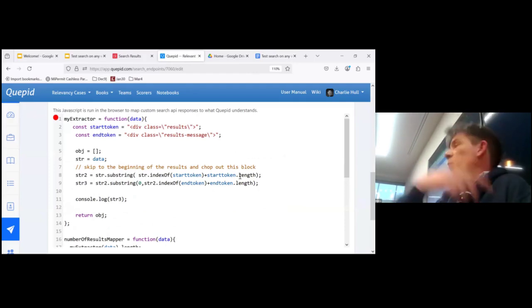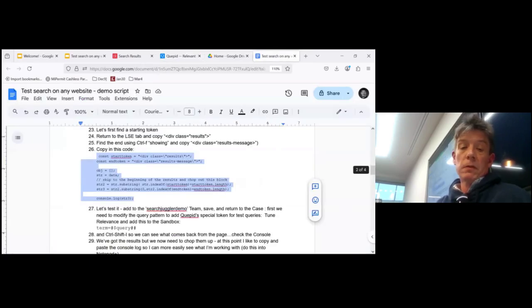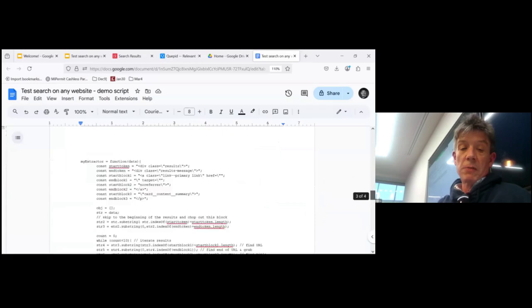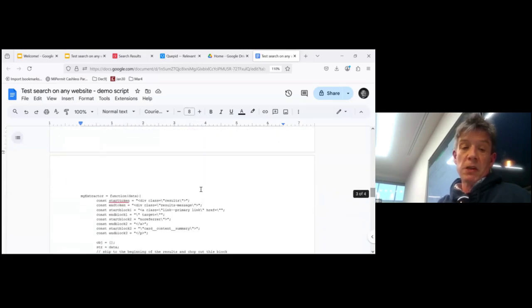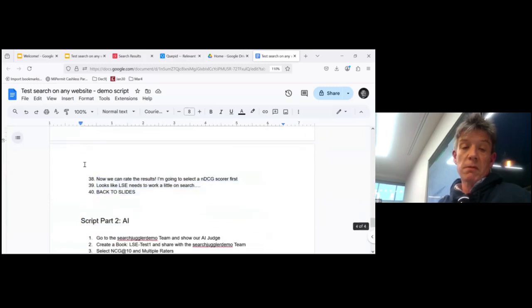So the interesting thing is here, once I go back and run this in Cupid, I can then use the debugger console to figure out if I actually got anything useful. This is where it takes a little work, basically just iterating through, figuring out which bit I've chopped out, have I got the right bit, have I forgotten the position somewhere. But it's just going to be a load of horrible string manipulation. And then once I've figured out where the search results are, I'm just going to iterate through the whole data. So to save time, I'm just going to paste all the code I wrote, and you can laugh at my JavaScript.